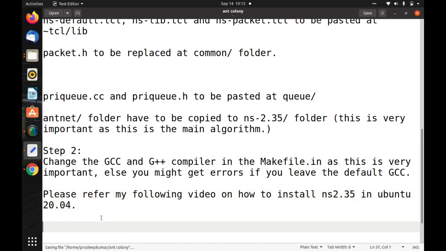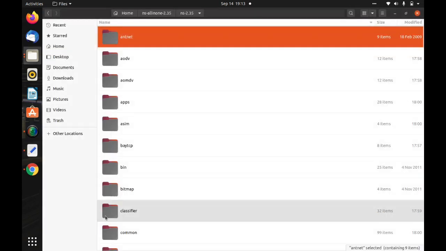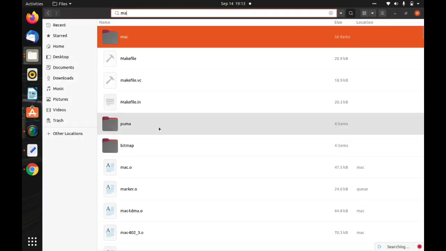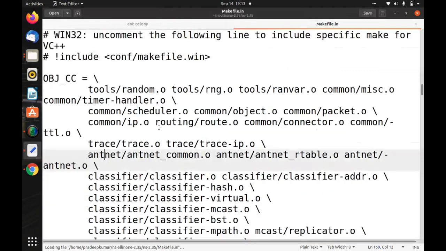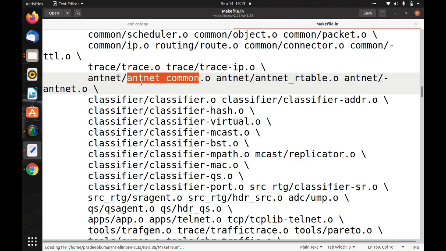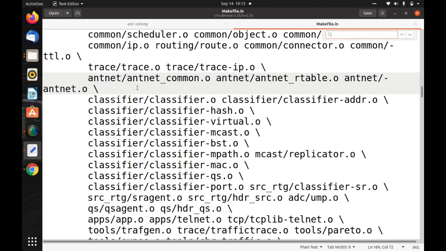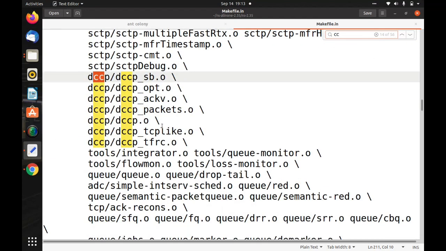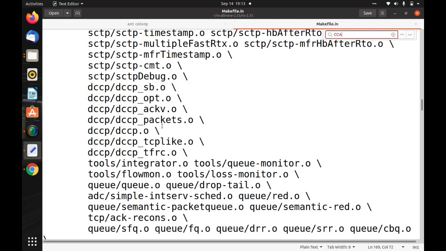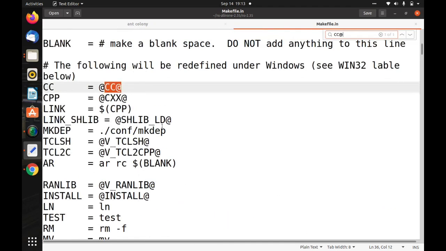Okay, so now we will open the makefile.in to make the GCC changes. Either you can open it directly through the GUI or through the terminal. Now we can see AND-NET common.o, AND-NET rtable, AND-NET.o, the CC files. Here we have to check CC and CPP: you can see CC equal to and CPP equal to.